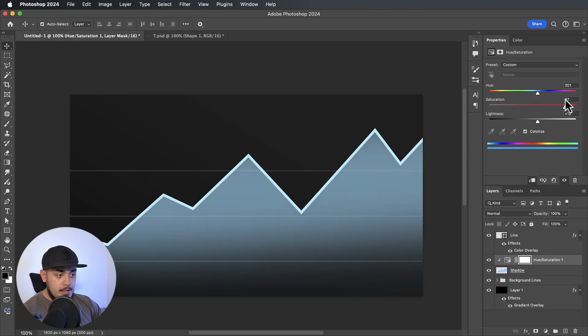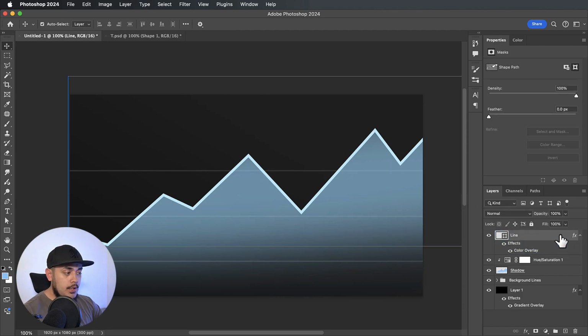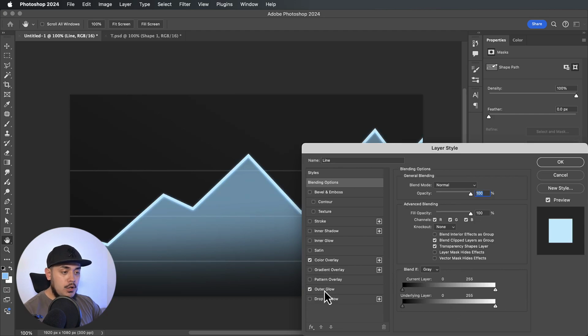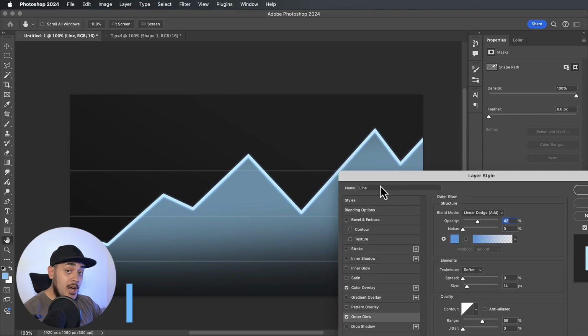Even increase the saturation if you need to. Yeah, that's looking pretty good to me. Okay, something like this should be fine. Now I want to add an outer glow to the line, so I'm going to go ahead and do that right now. So let's go to the line layer, and we are going to double click and then click on outer glow. Okay, and then from here let's make some adjustments to the glow until we are happy and satisfied